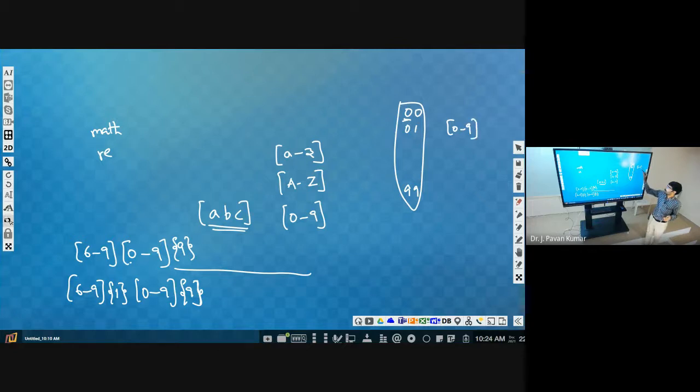0 to 9. 0 to 99. This is a different digit, right? Here we can have 0 or 1 or 2 like this. We are having 10 possibilities, 0 to 9. So we can specify individually 0 to 9. From this you can take anything, from this you can take anything simply.